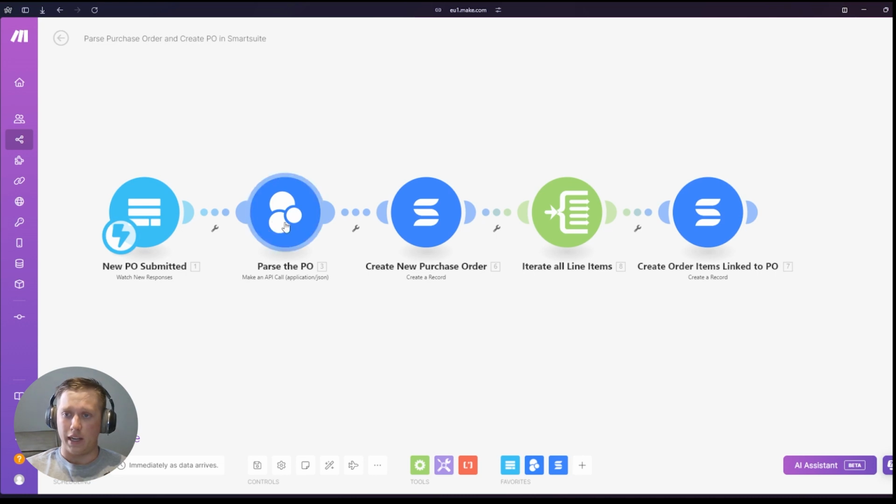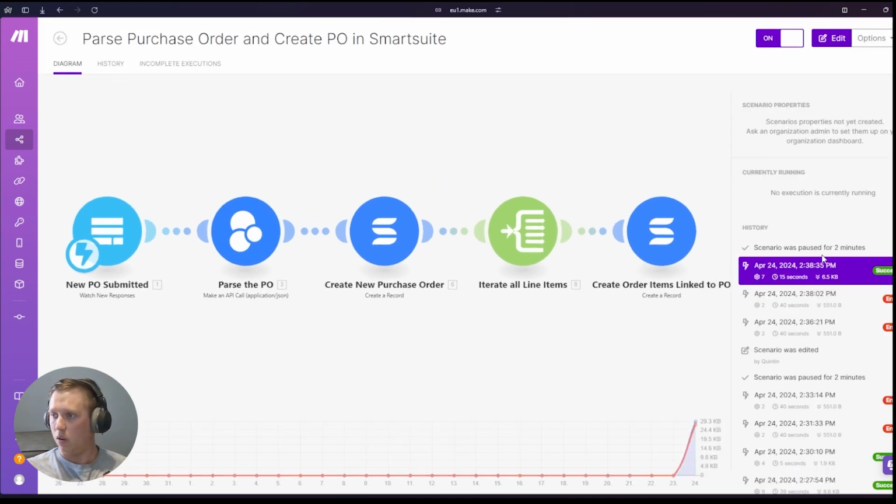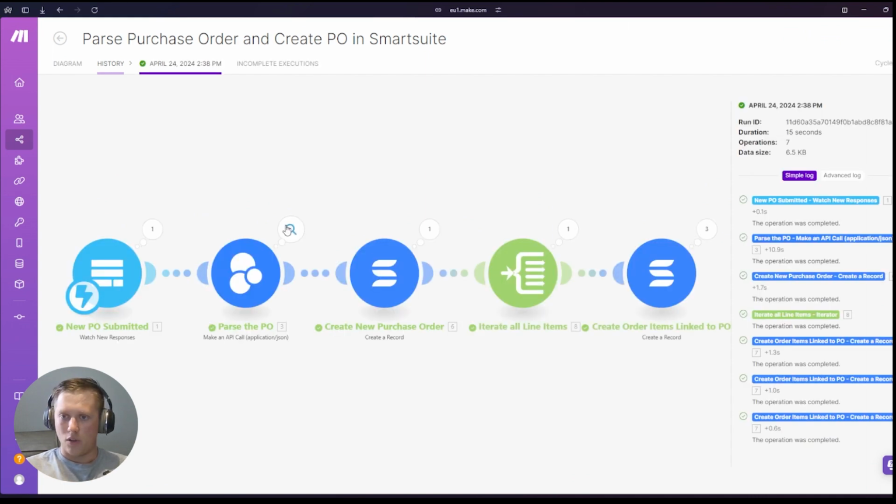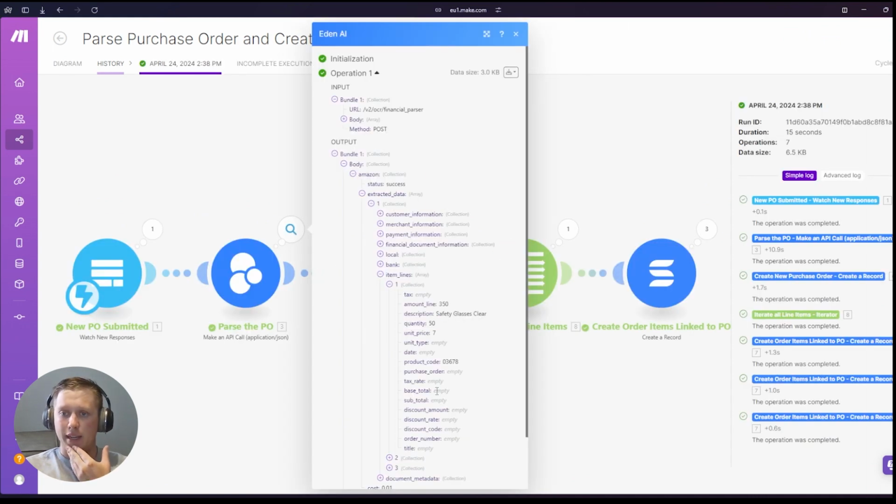Using Eden AI, it's simplified because the result we get is a standard output. To give you an example of that, we can go back into the history and have a look at how the data is returned. So as we can see,